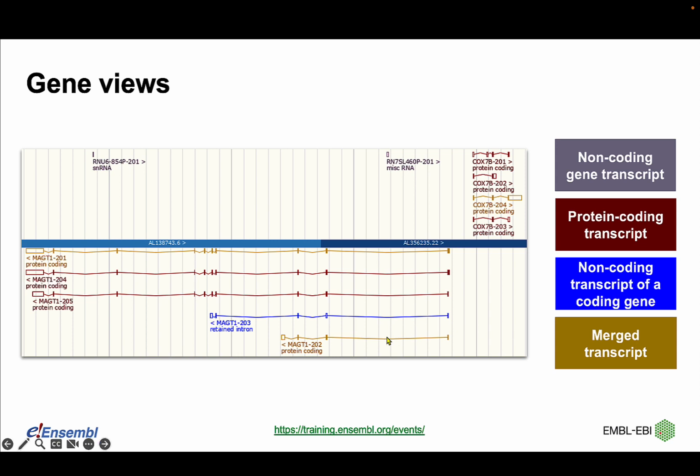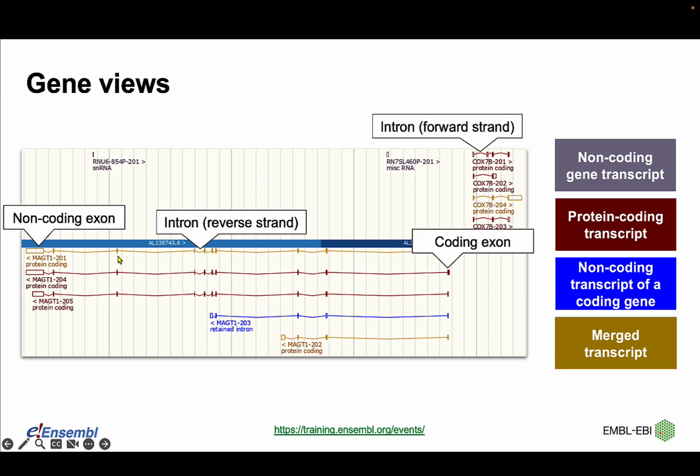Let's look at the individual features of a transcript. So let's focus on this very first transcript of the MAGT1 gene here, this golden transcript. So here you can see that we have these lines and these boxes. So the boxes represent exons. Empty boxes are non-coding exons. And the filled boxes, like this one here, for example, is a coding exon. And the lines represent